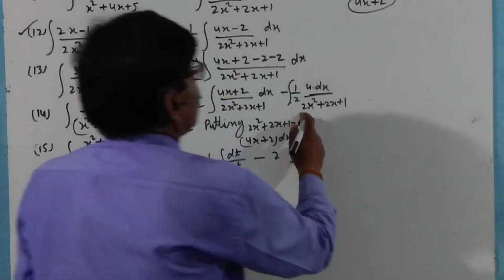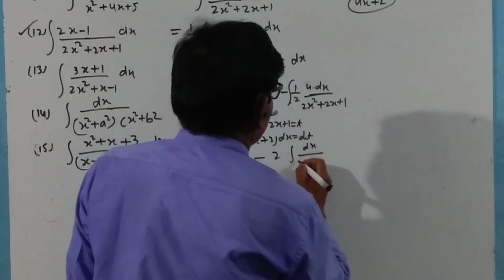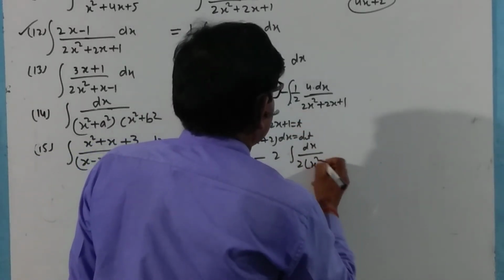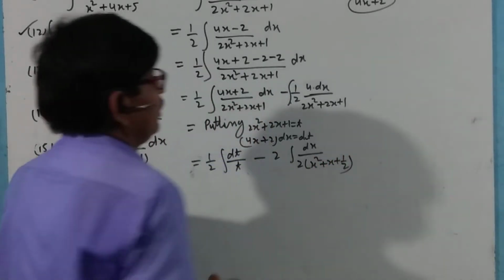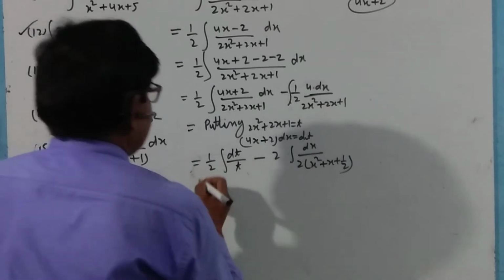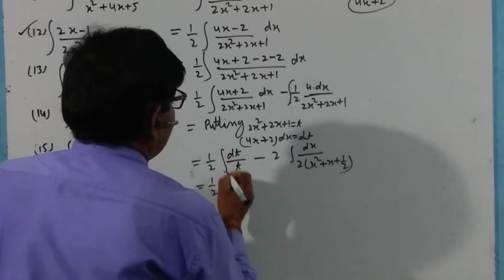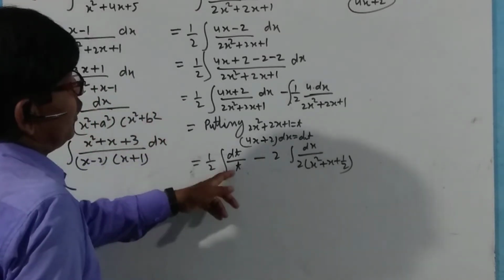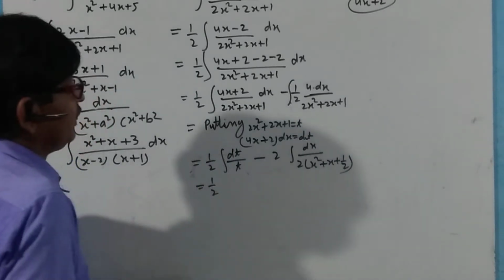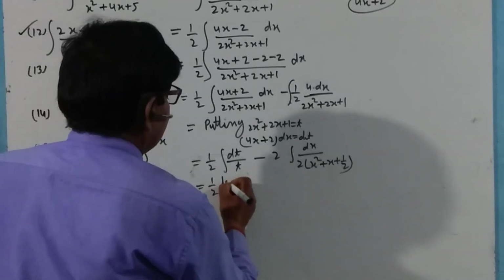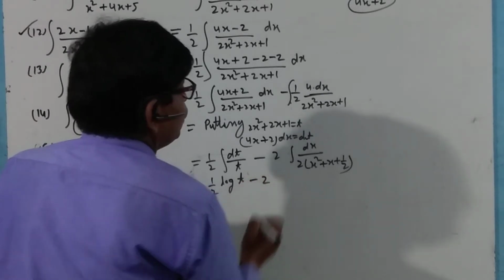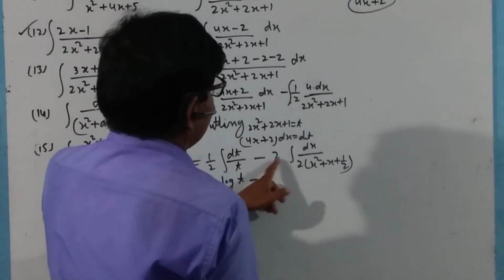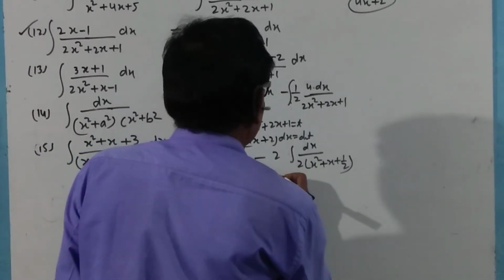We take the common 2 in this case: x² + x + 1 by 2 here. Now this is equal to 1 by 2 integration of 1 by t dt equal to log t. This is the integration log t, and minus 2 here, 2 and 2 also cancel, so integration